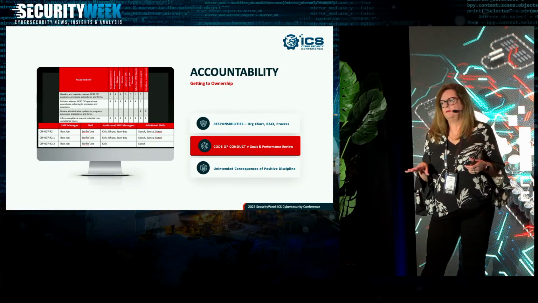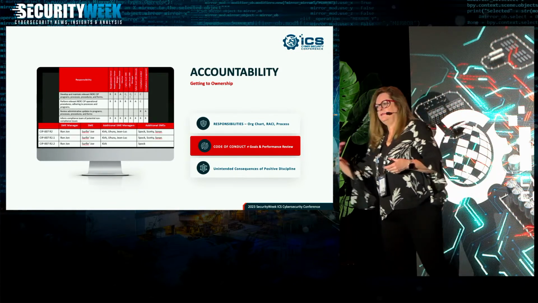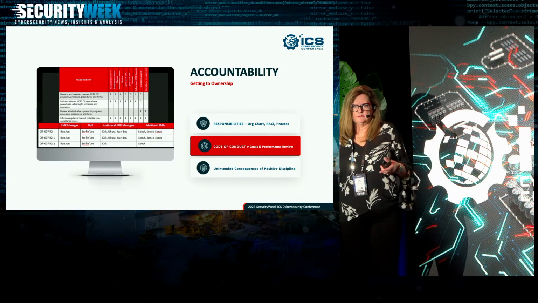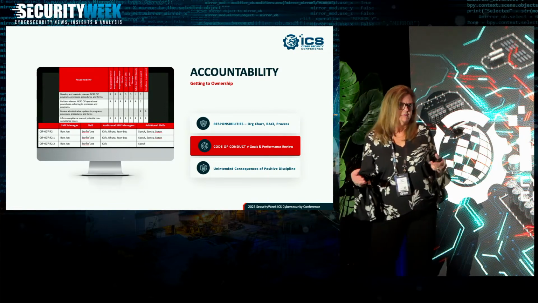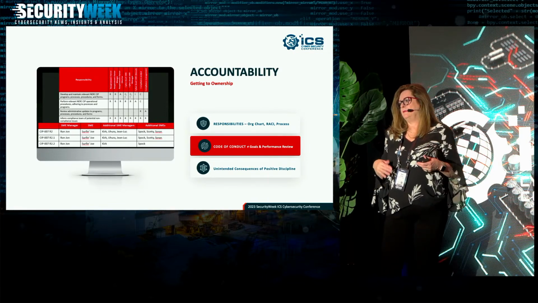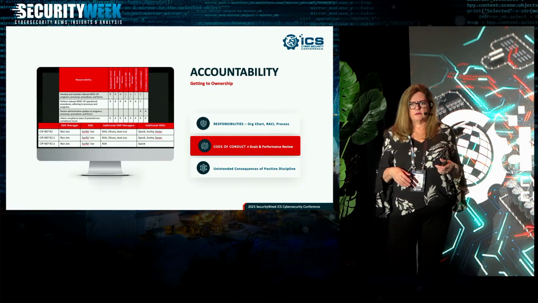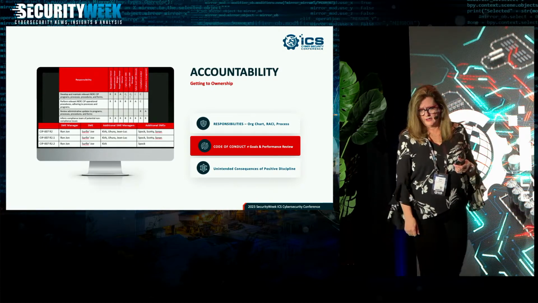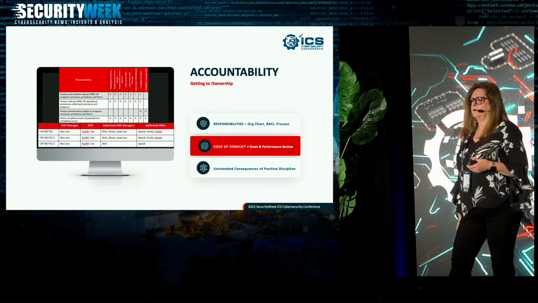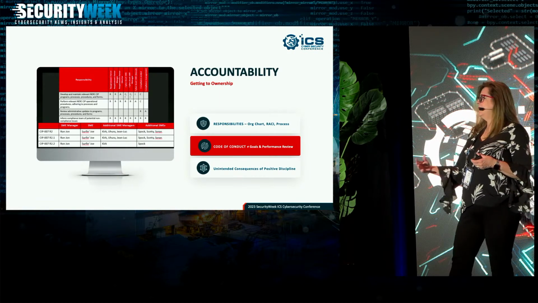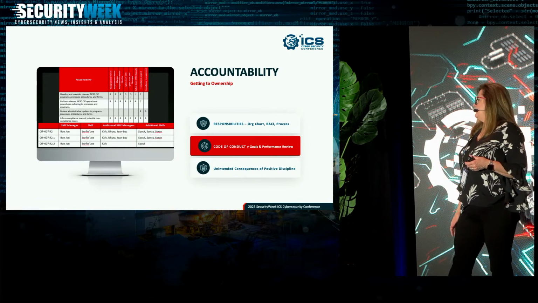So that kind of puts them in a tough position. It gives them a chance to be a leader and show some leadership things, maybe without having the title, but it also can make it very awkward. So that's one of the challenges that I had with the program. There were a couple of people that had a hard time with that. So that's just one thing you need to consider.